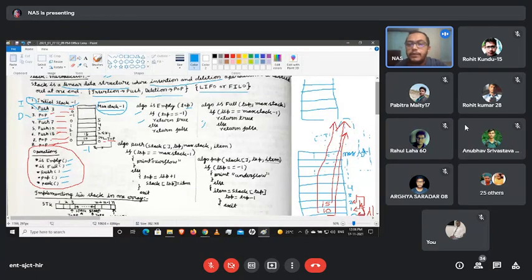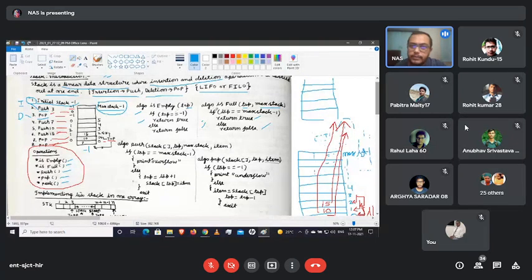So algo is full. Here we are going to take two parameters: one is top and another one is max stack. Why the max stack? Max stack tells you the highest position. So if top equals max stack -1, which means all the positions are occupied, then return true, our stack is full. And if it's not, return false, which means there are empty spaces within the stack and we can simply do any kind of insertion operation there.